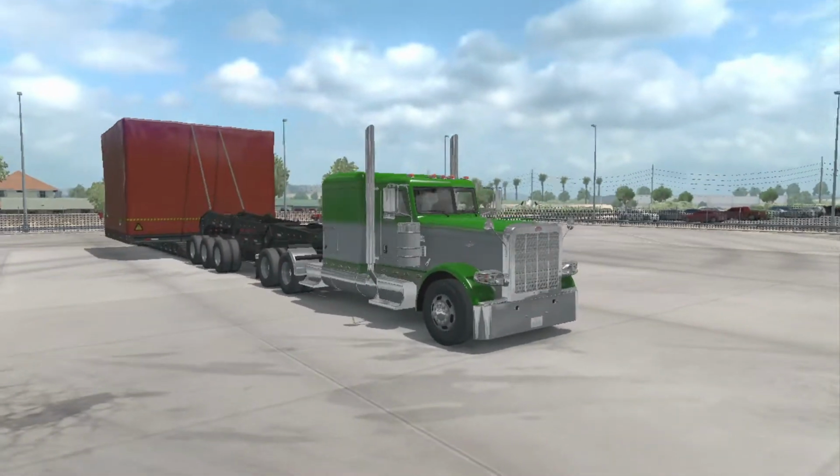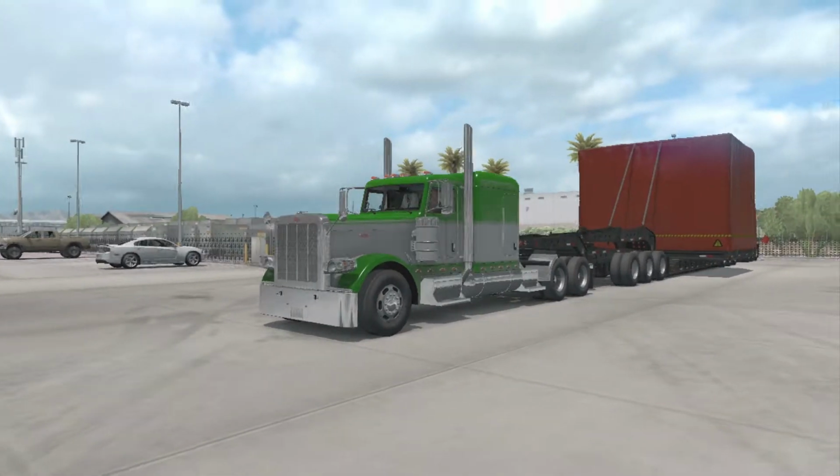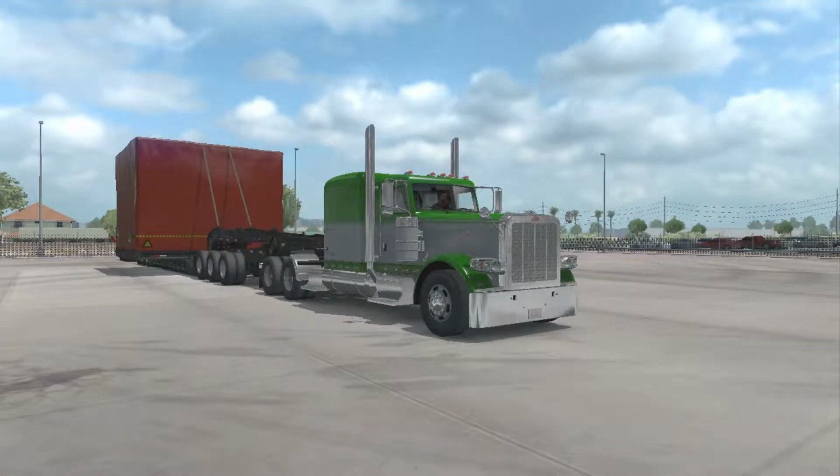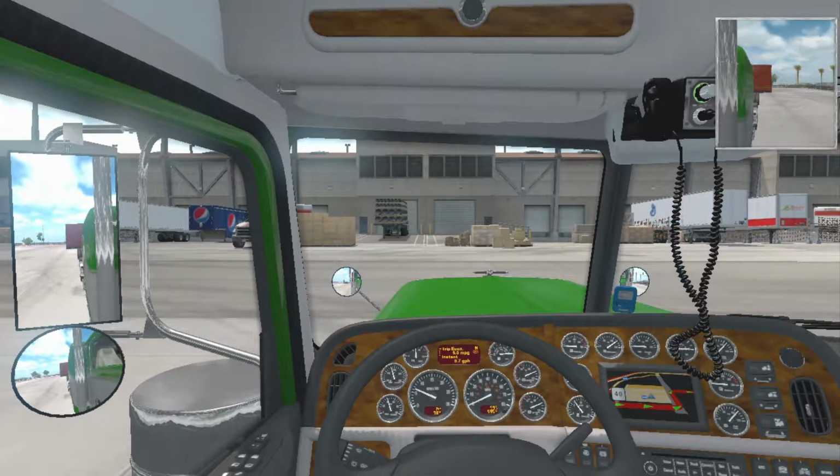But as you can see, here's a good look at what we're hauling, how big it is, stuff like that. I wish this truck had a triaxle to help with steering, but I said, you know what,